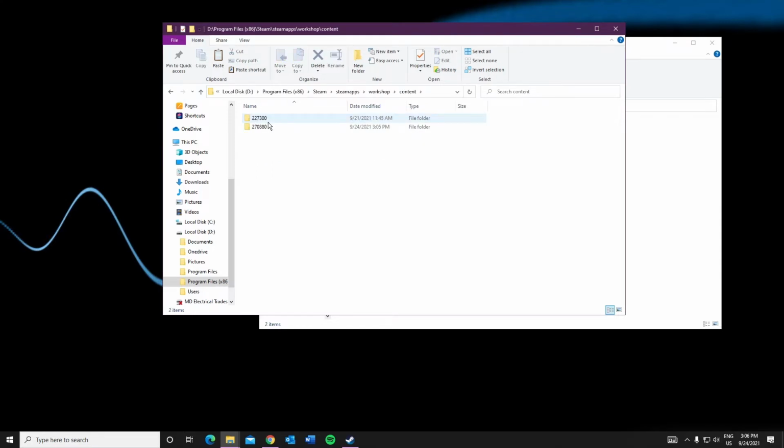Alright, now one of these is ETS and one of these is ATS. Now, how do I know? Look at the date modified. So it's 3 o'clock in the afternoon over here. That's why I say to unsubscribe and then resubscribe, and then just look at the one for the last time, like about the time you are. So I know that, hey, well, I just subscribed to a mod, so this one here is going to be